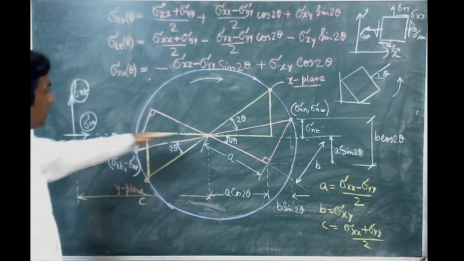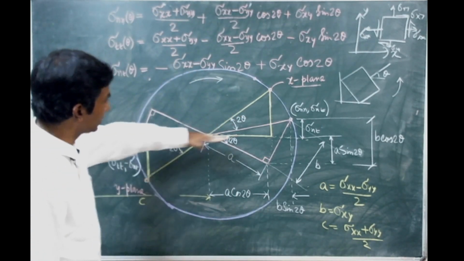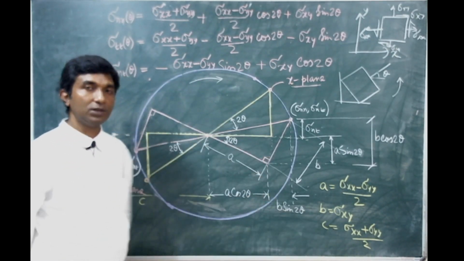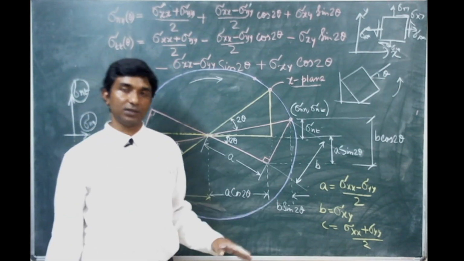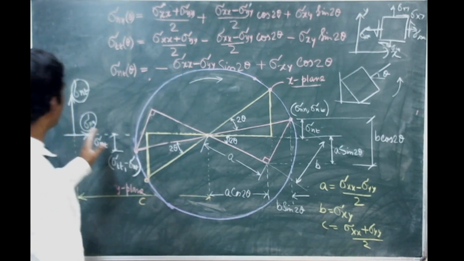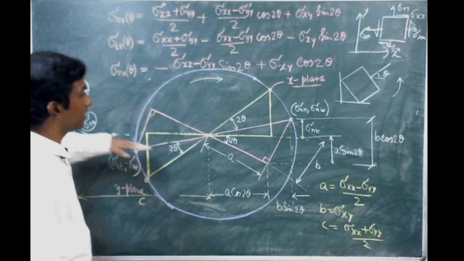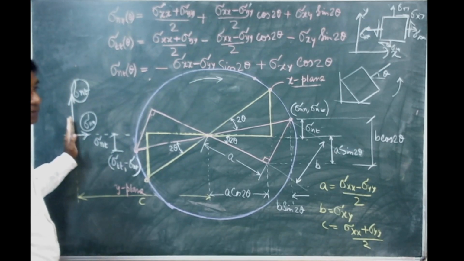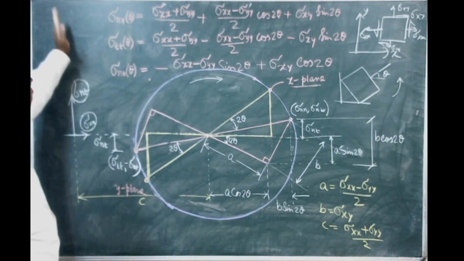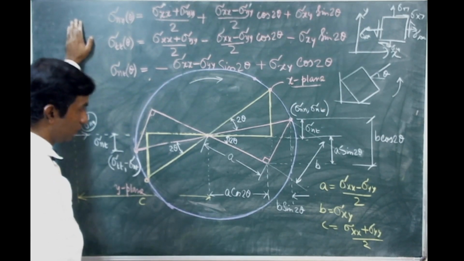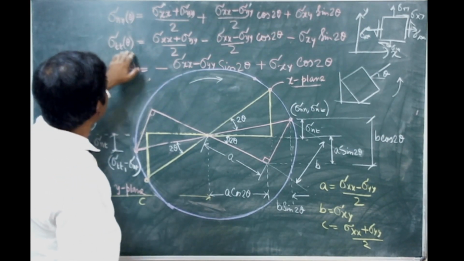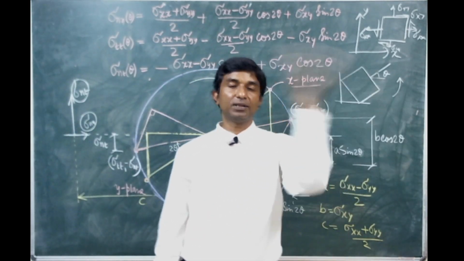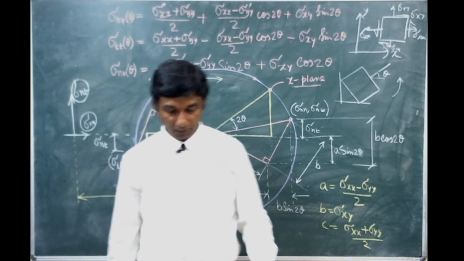So in this circle, the horizontal axis passing through the center of that circle denotes the normal stress direction. Normal stress can be identified by taking the coordinate along that horizontal direction, whereas the shear stress acting on that plane, if it is in the upward direction, we keep as the positive value. As we have seen, when you add 90 degrees to theta, you arrive at the other plane, but the sign becomes negative.